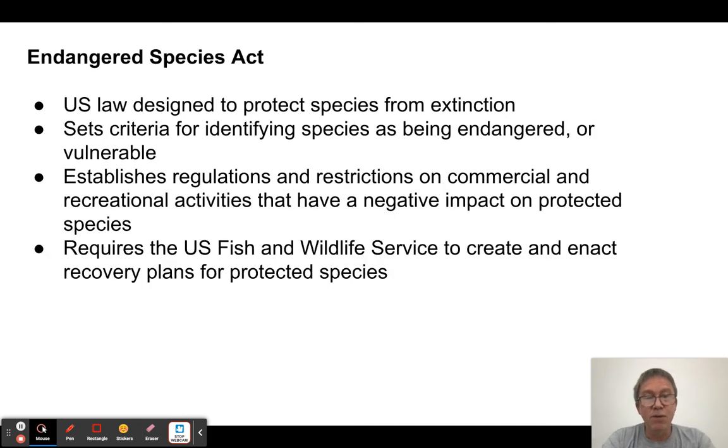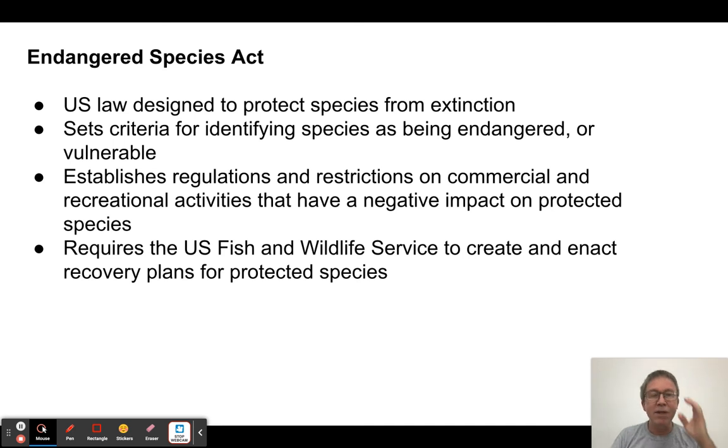Okay, again, in this unit, we talked about the Endangered Species Act. It's pretty easy to understand what this is about. It's about endangered species. It's about trying to prevent extinction. It's a U.S. law. And what it did is it basically established a criteria for saying what constitutes an endangered species and what constitutes a threatened species, and what constitutes a vulnerable species. And it puts the survival of the species ahead of any economic or commercial concerns. It says like the main thing we had to do is we had to protect this species from extinction.